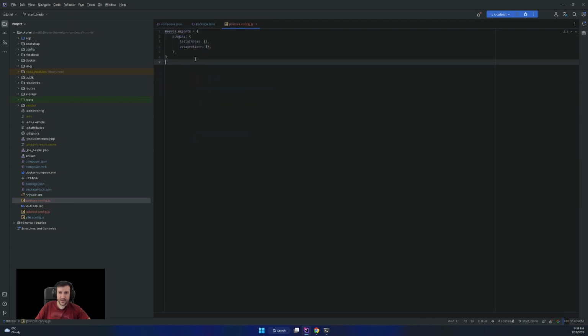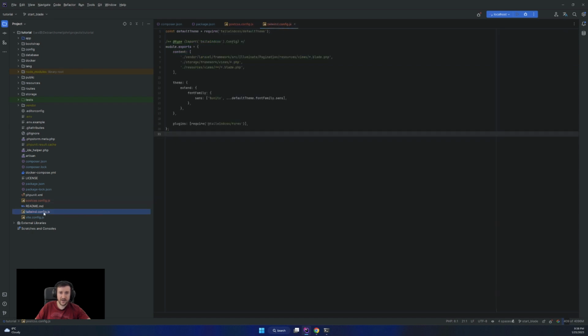And then some configurations: Autoprefixer, PostCSS to use Tailwind and Autoprefixer, and the Tailwind config to use Nunito as the font family, where to take content from, and to plug in the forms plugin.